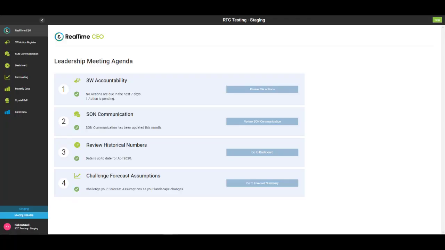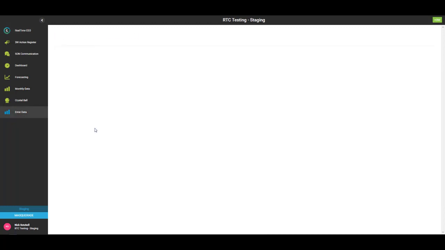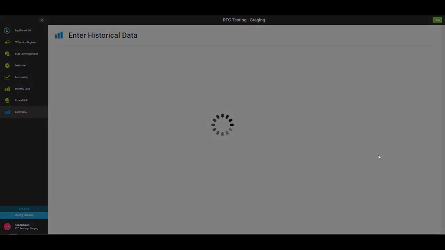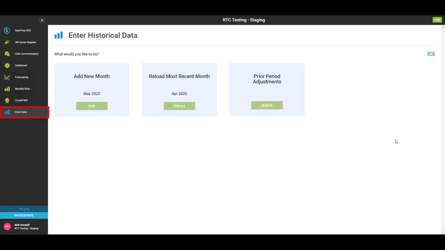In this tutorial, we're looking at the Enter Data features of the Real-Time CEO software. When we select Enter Data on the left-hand module list, we have three options. The first is to add a new month, and we're going to look at this one first. The software knows what data has already been entered, so it knows which is the next month that it is